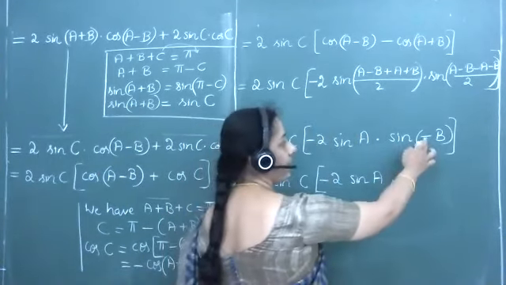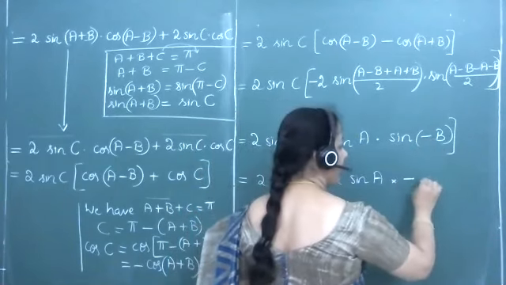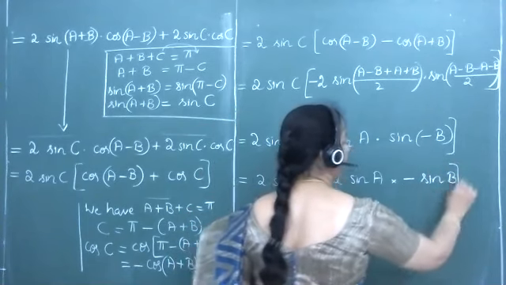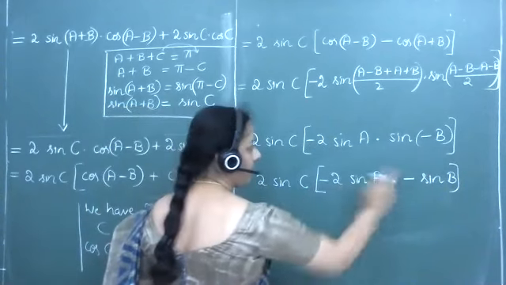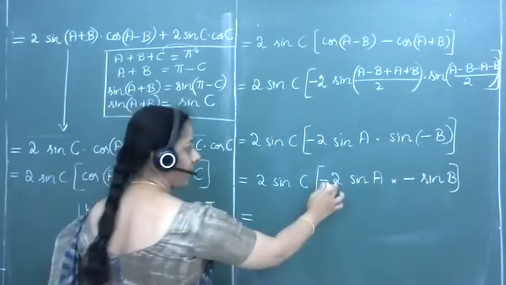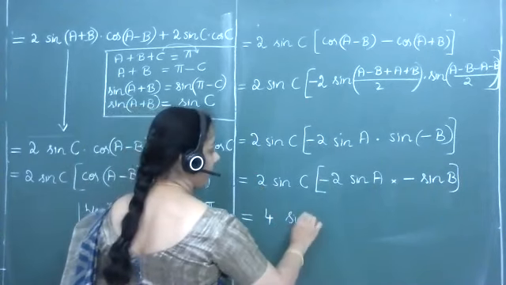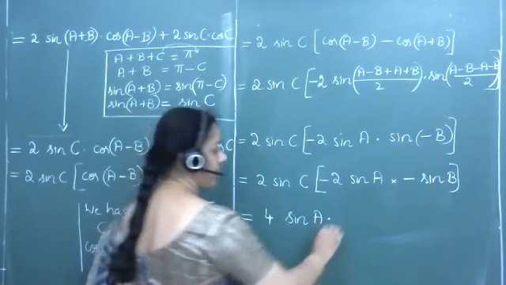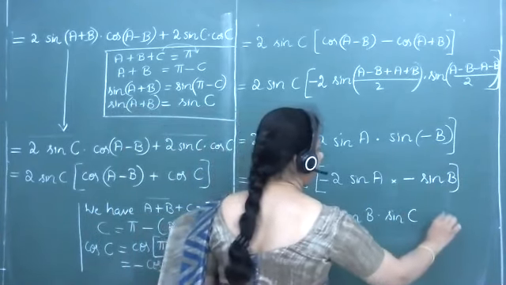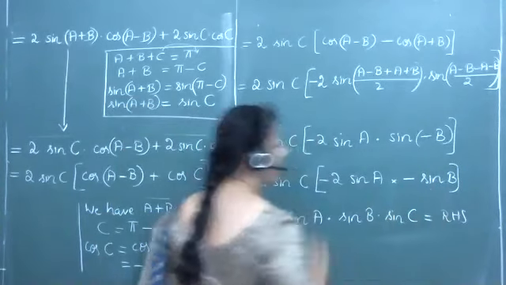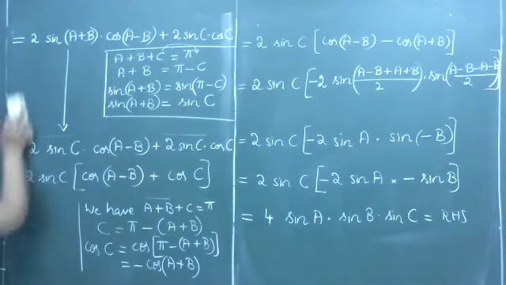So using the same concept, sine of the negative angle minus B will be taken as minus sine B. So finally, this will be equal to minus into minus, which is giving us a plus sign. 2 into 2, that should be 4. Rewrite, rearrange the other terms as required: sin A into sin B into sin C. It is supposed to be the desired result. That is the RHS of the identity.